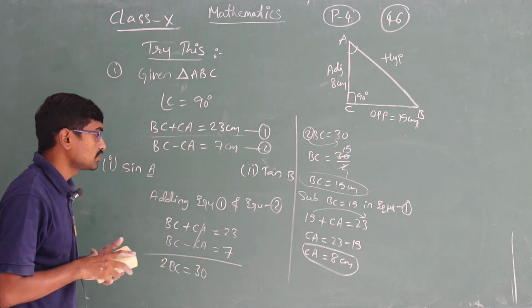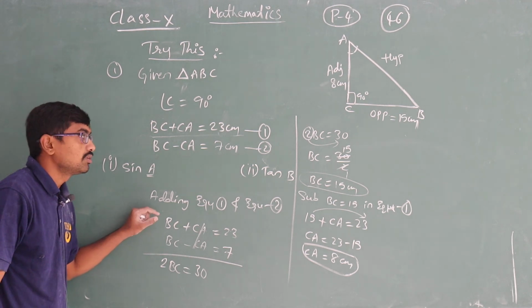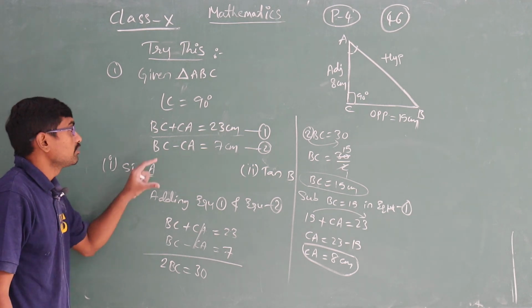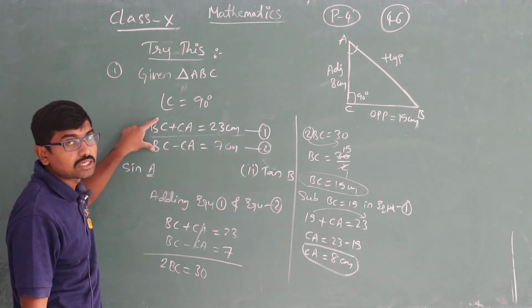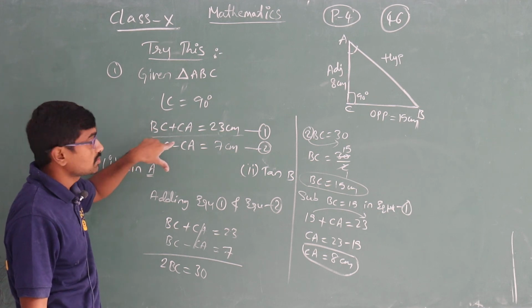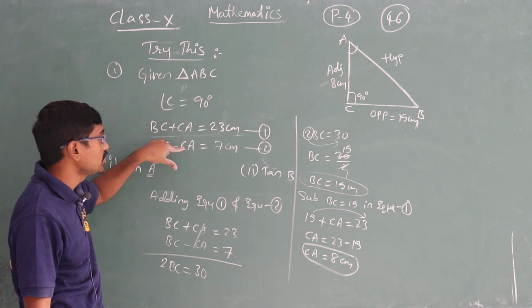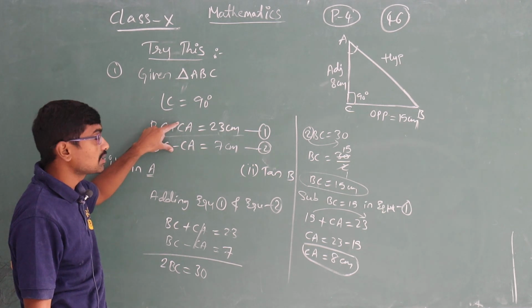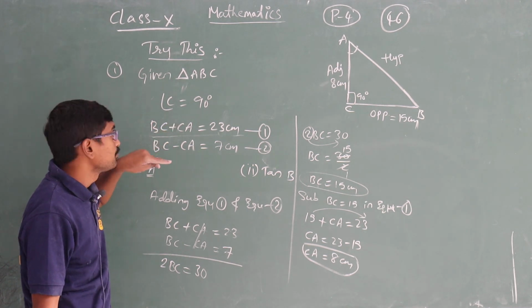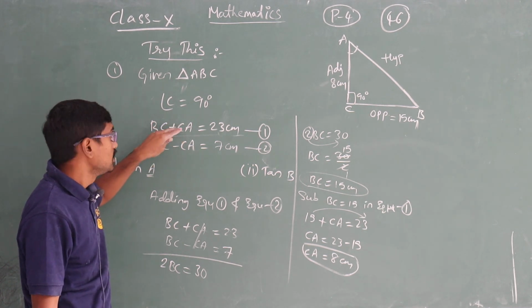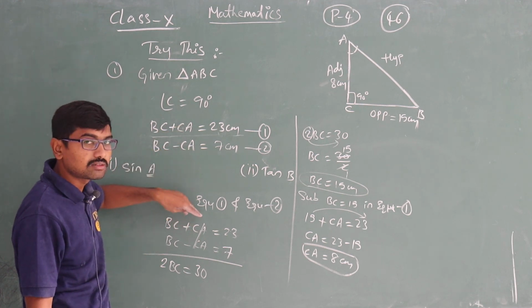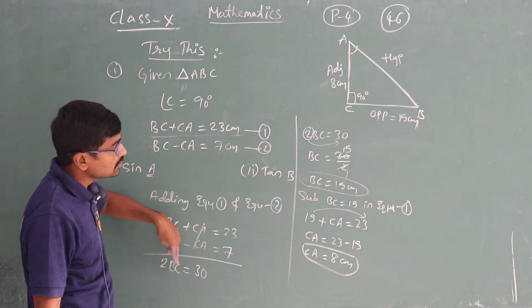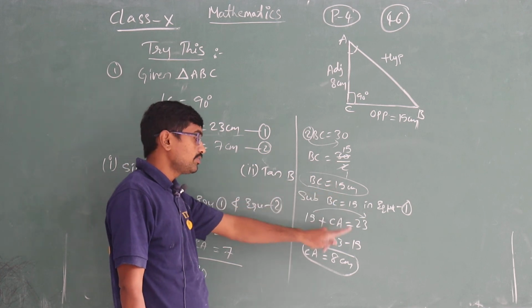Okay, hope you all understood. Till here, anyone having doubt? So what we did here, we directly added using the vertical method. Why? Here we have two terms, here also we have two terms, respectively both are the same. Because of that reason, it is like linear equations in two variables, and we do the same for this. So vertical method of addition, cancelling, adding, substituting, we will be getting BC 15 and CA